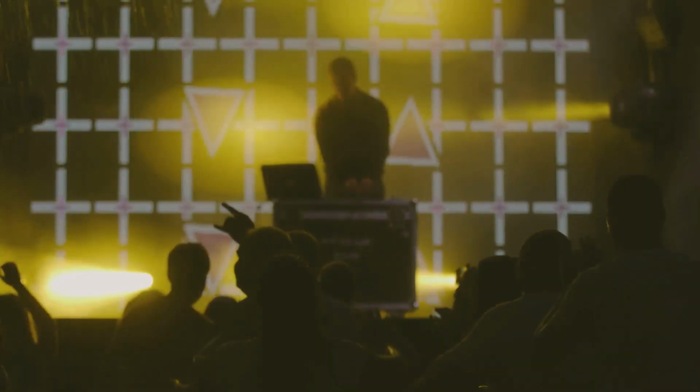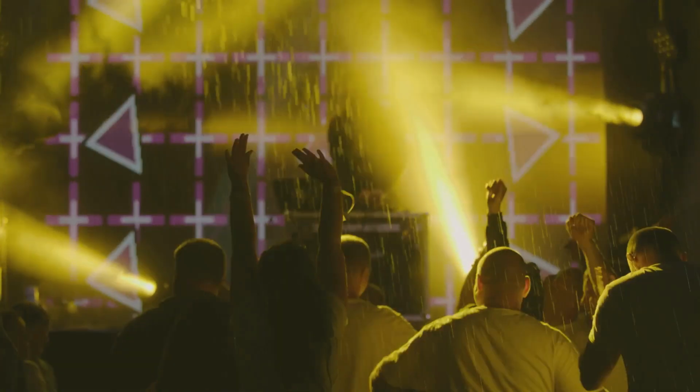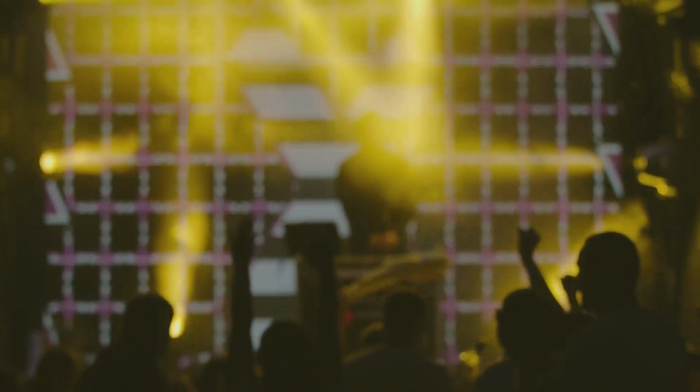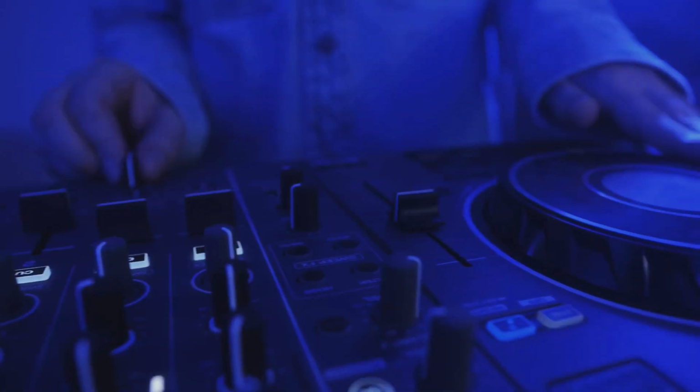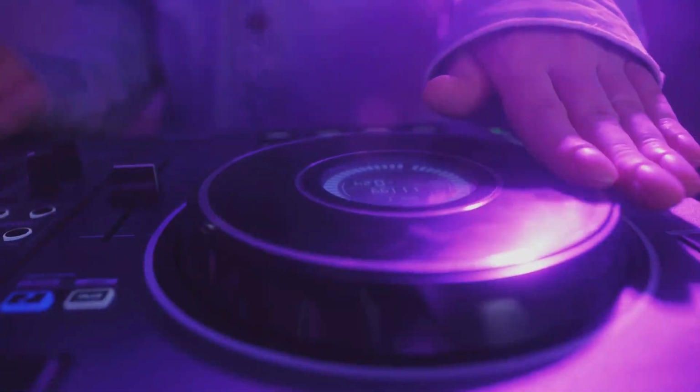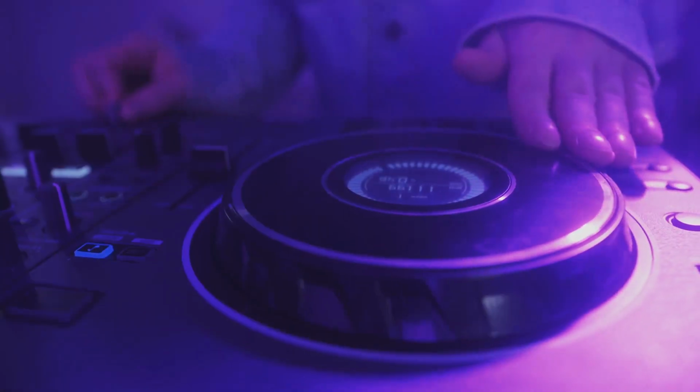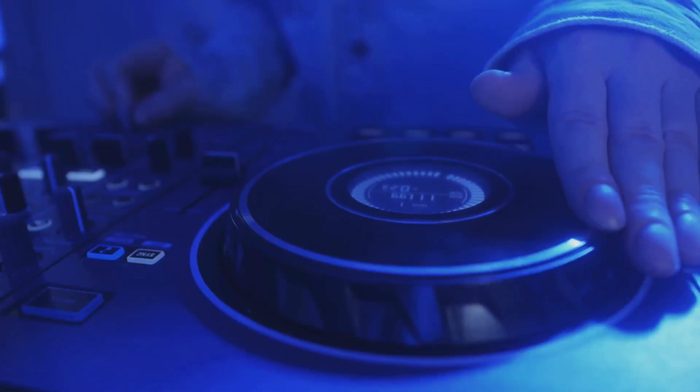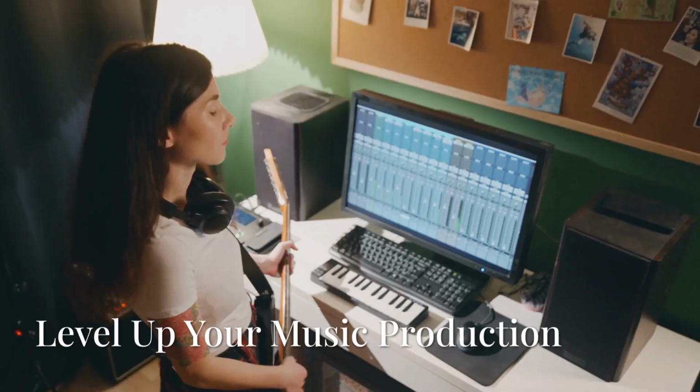Think of those epic trance anthems that build and build, then suddenly shift into a higher key, sending the crowd into a frenzy. Whether it's a subtle shift or a dramatic change, modulation is an essential tool for electronic music producers looking to create music that moves the body and soul.